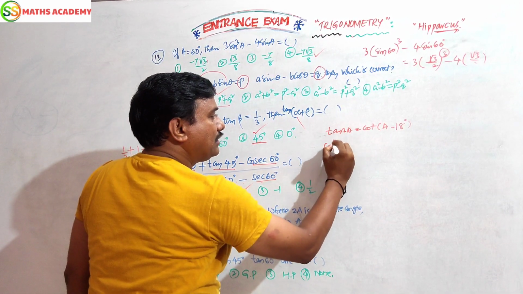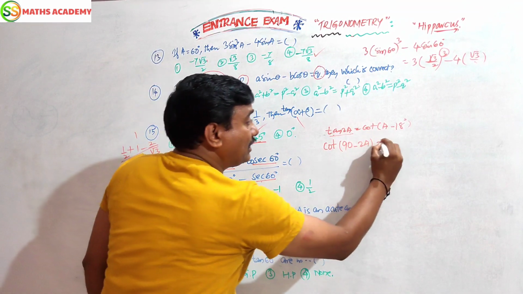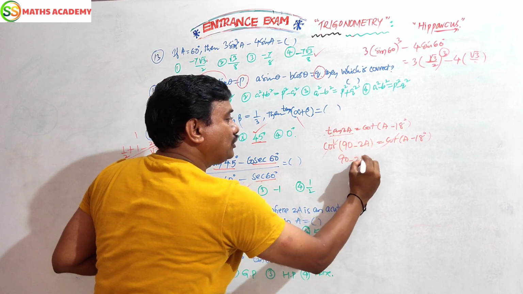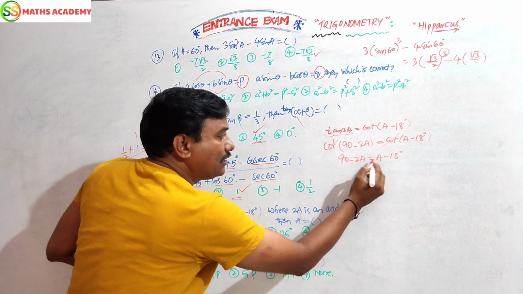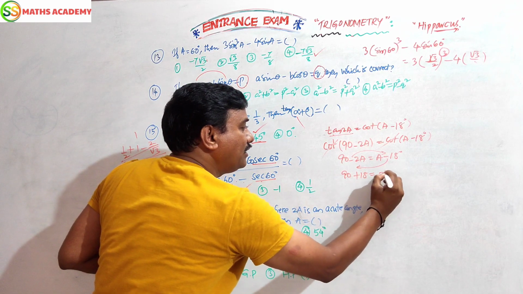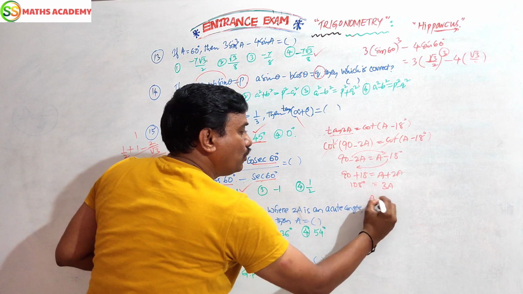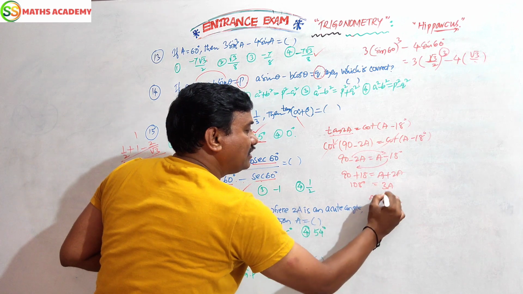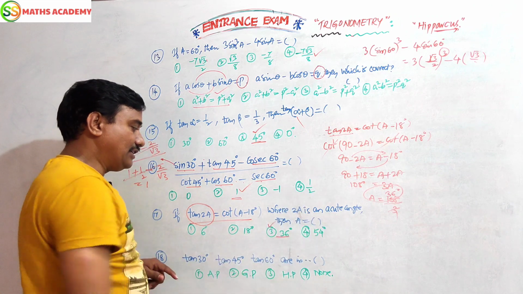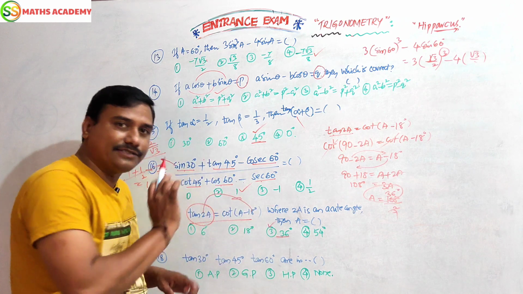Tan 2a is nothing but cot of 90 minus 2a. We can write like that. That is equal to cot of a minus 18. If cot gets cancelled, 90 minus 2a equals a minus 18 we are getting. Now minus 2a transfer to the right side, minus 18 will transfer and it will change the sign. Here a plus 2a, nothing but 3a. Here this is 198. So a equals 198 by 3. 3 1s are 3, 3 3s are 9, 3 6s are 18. So a equals 36. 36 is the answer. Now the 2 seconds answer. 18 2s are 36. Finish.